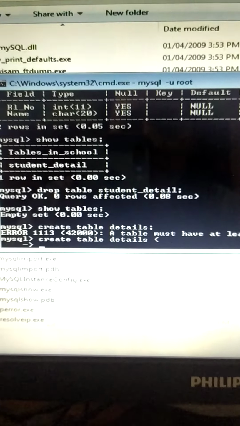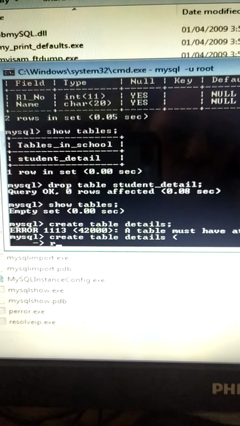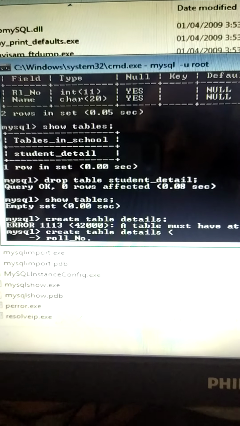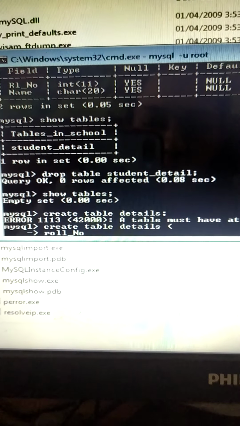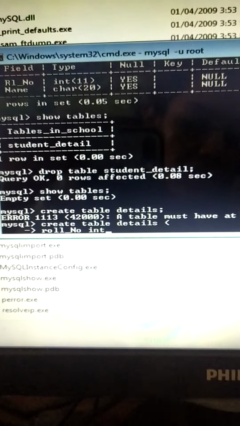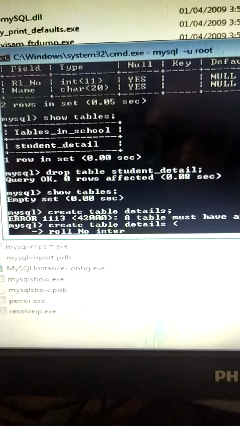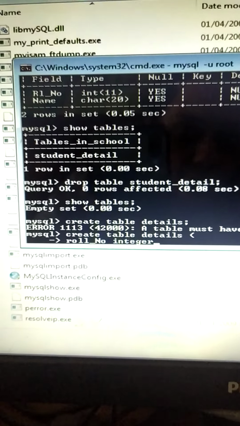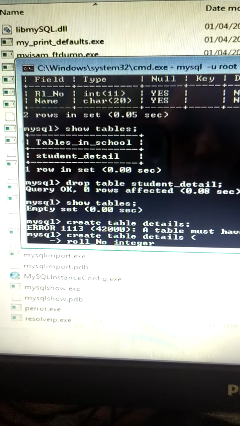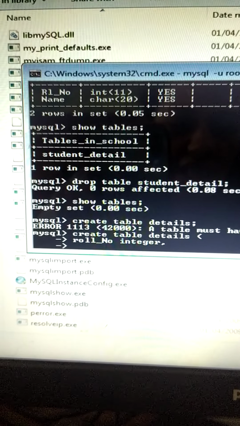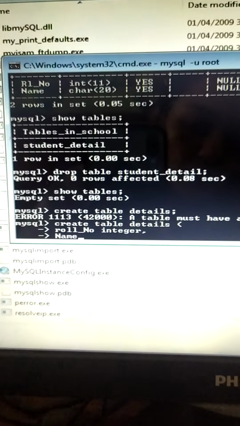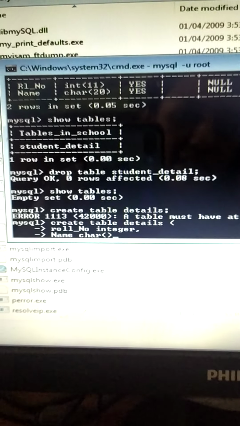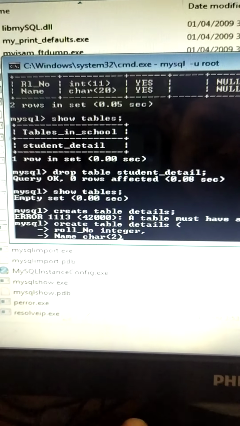Round bracket, enter, roll number, it will be of integer type, integer, comma, name will be in character, specify the size, that is 20.